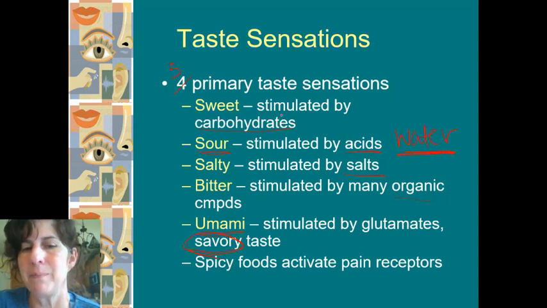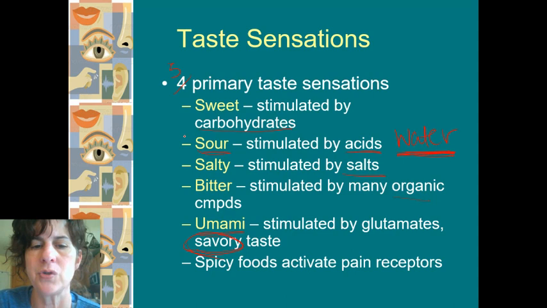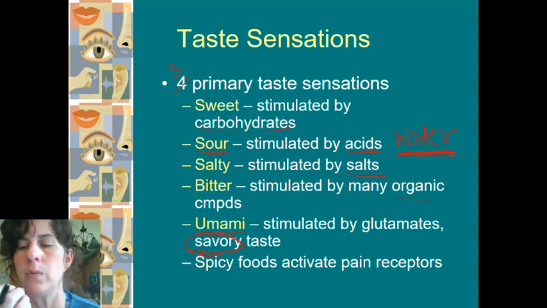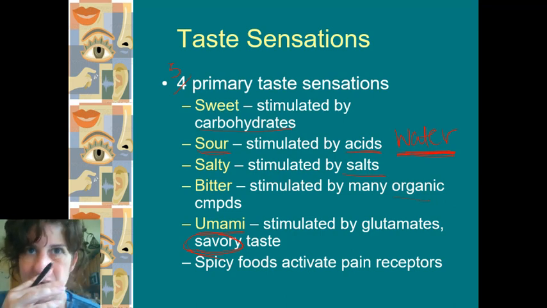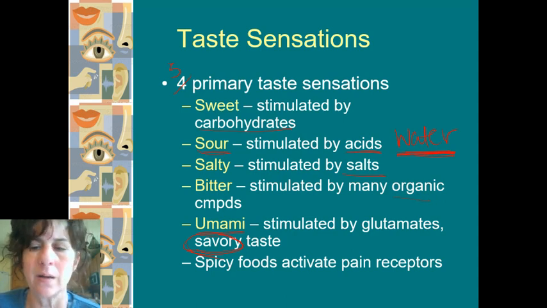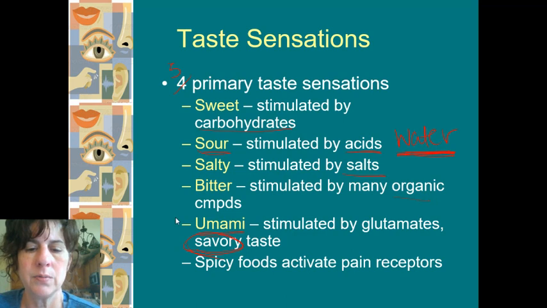So you're kind of picking up on those. Some people say water should have its own category, but maybe it's just stimulating some of these other categories. But there are specific taste buds for dogs. And think about how important water is. Well, we have to have water. So there's a possibility that we have taste buds that we just haven't really nailed down that are stimulated strictly by water.